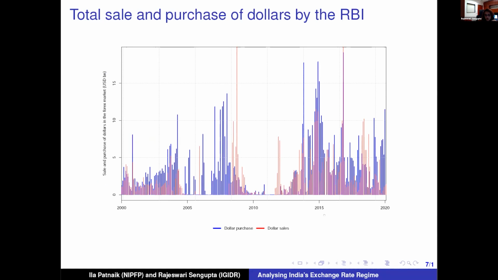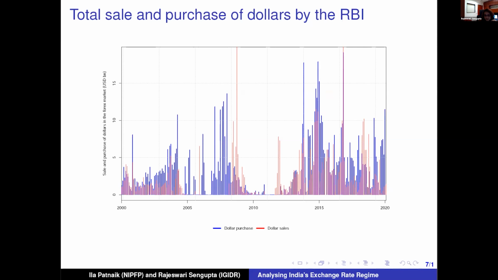The blue bars show the dollar purchases, the total amount, and the red bars show the dollar sales. Roughly speaking, one can see that there has been more dollar purchase than dollar sale, but either way, there has been a lot of intervention by the RBI in the currency market. So right away, there seems to be a difference between de jure, what was announced, and de facto, what has actually been going on. However, there is no central bank document which transparently discloses the exchange rate regime that the rupee has been in at any given time period, which is where the importance of using a data-driven